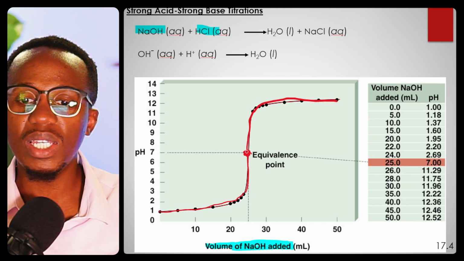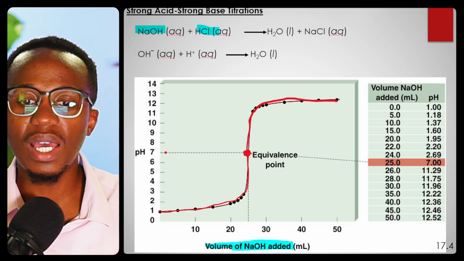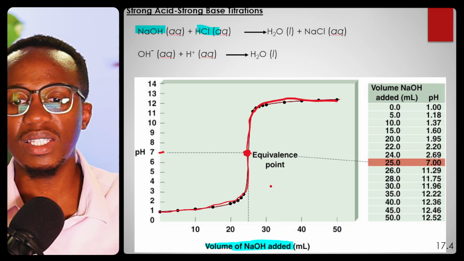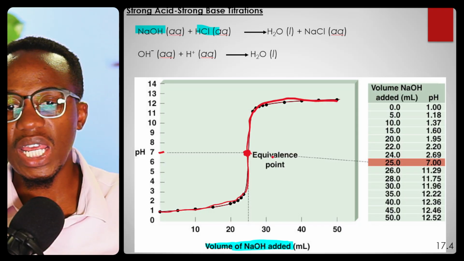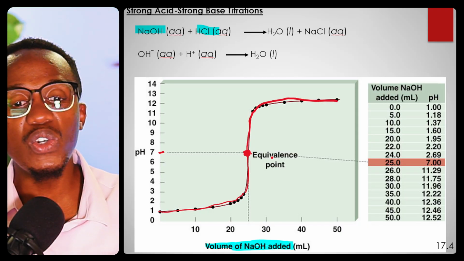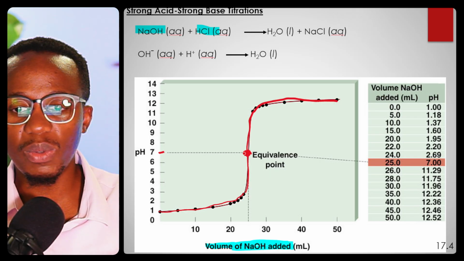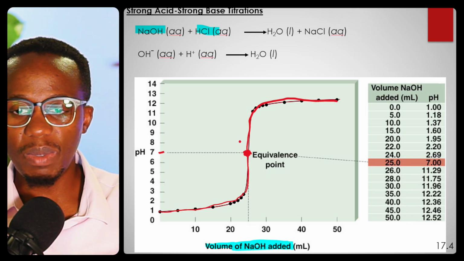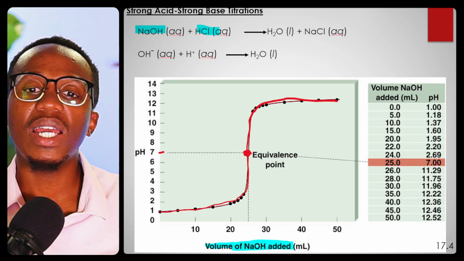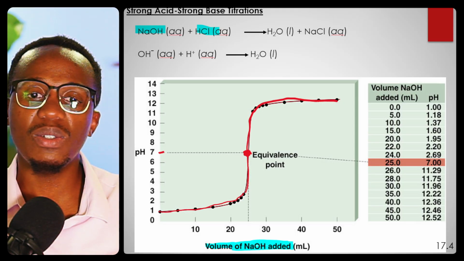The middle here is what we call the equivalence point, and the pH is around 7, because again, NaOH and HCl will give you a neutral curve, right? It will give you salt and water, which are neutral. Everybody with me? This is what we call a titration curve, and this is easy when it comes to strong